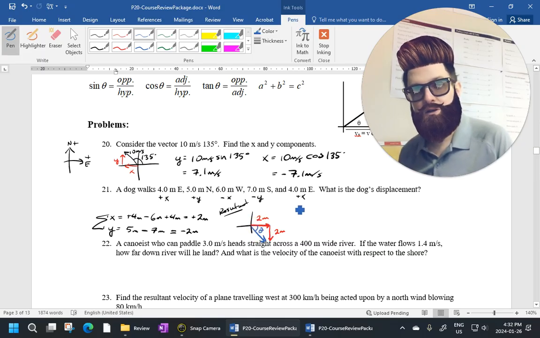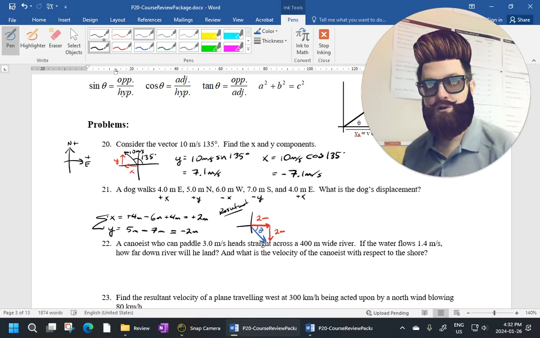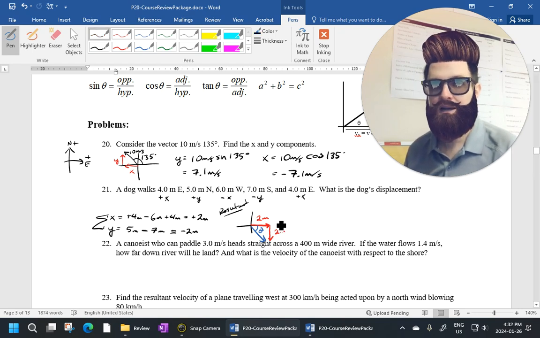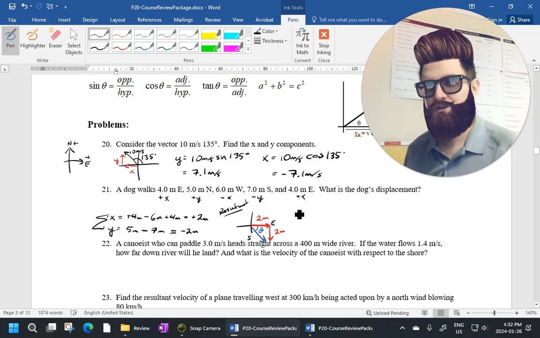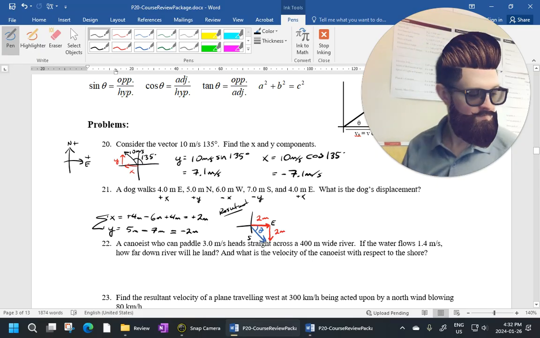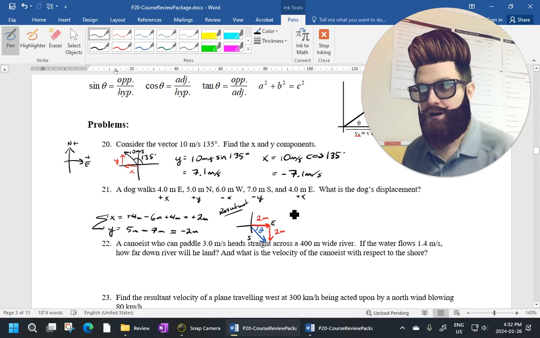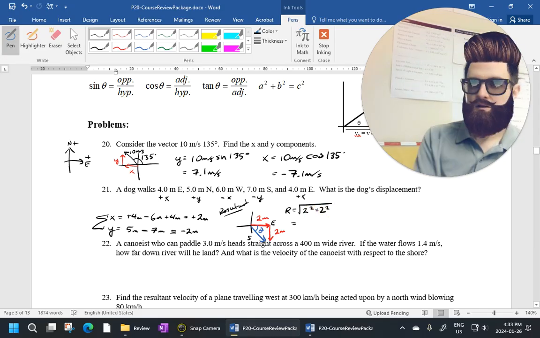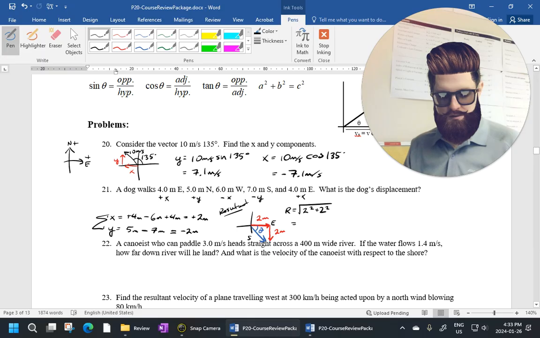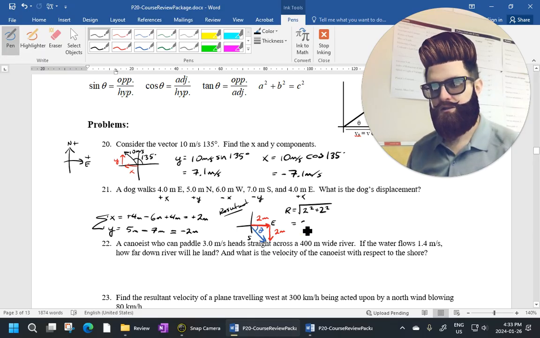Now, because I have northeast, southwest in this question, I can't just say, oh, it's going southeast. I got to add in an angle onto it, right? So let's do the Pythagorean theorem first. To find out the hypotenuse, my resultant, I gotta do 2 squared plus 2 squared, take that square root. 4 plus 4. So I get